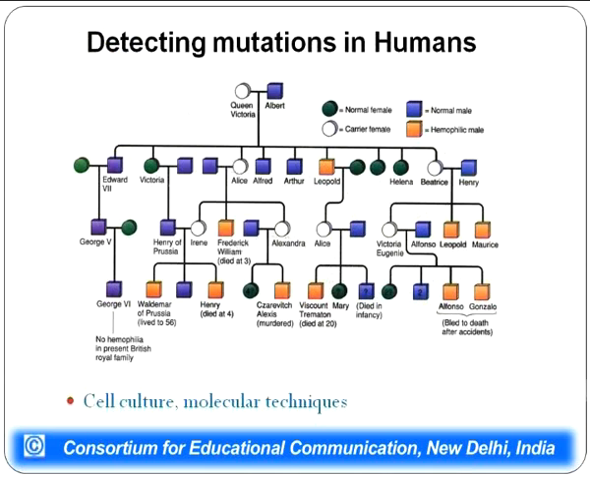In humans, mutation can be detected using a pedigree chart. It's a very well-known chart of the hemophilia disease in Queen Victoria's family, and pedigree charts can be used to find out in which generation a mutation has occurred, and how it has passed on from one generation to another. Nowadays, cell culture techniques and molecular techniques can also be used to find out which gene codes for which protein and how mutations occur